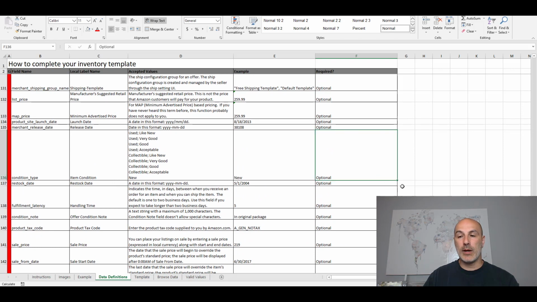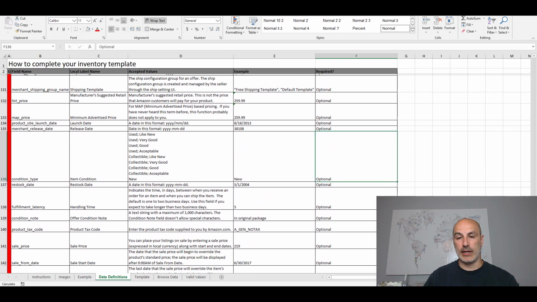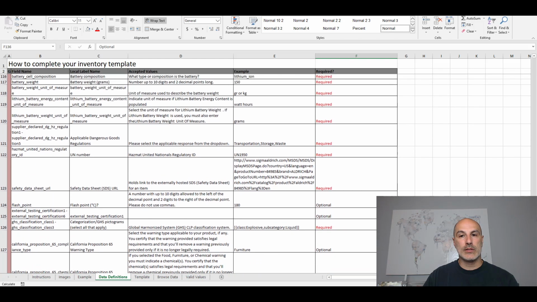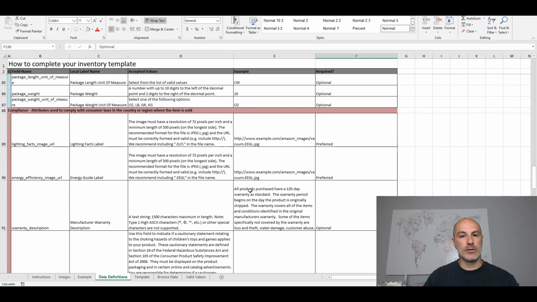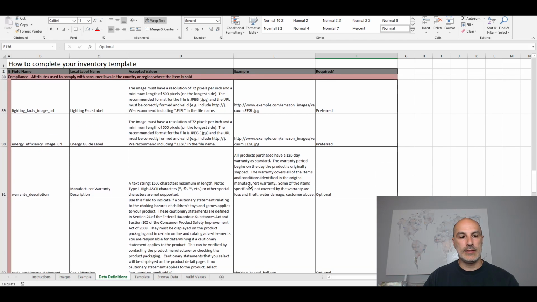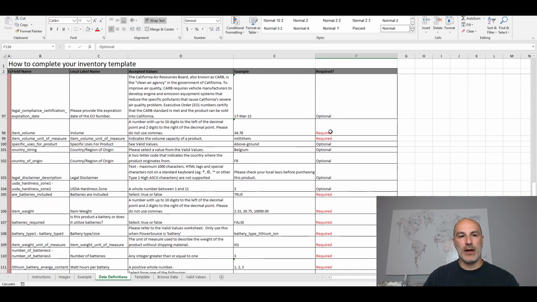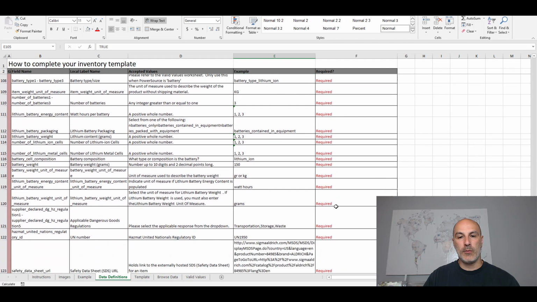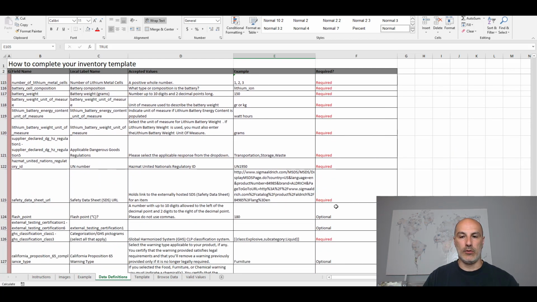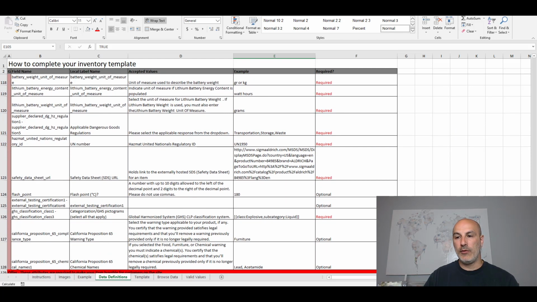Actually, it says that it's optional. Every time I try and leave it blank, I seem to get a message saying that it's required. You do have some compliance fields that say they're required. However, unless you have something with batteries and you note that it does have batteries, if you put true here, then you will have some other required fields. But for the most part, you don't actually have to fill out all this information, even though it says it's